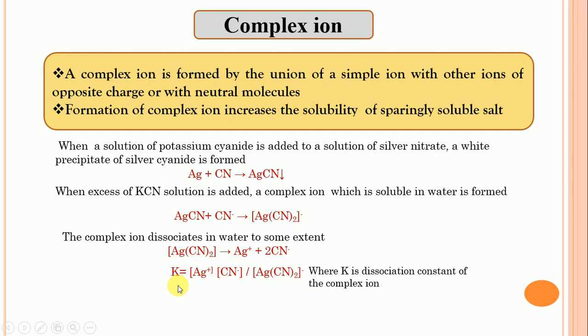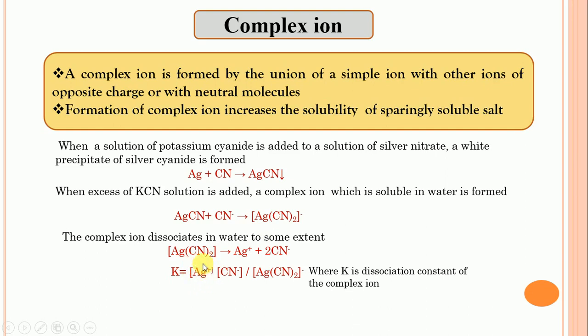It is around 1 into 10 raised to minus 21 at room temperature. So when the K value is low, that means the dissociation constant value is low, then the Ag plus value is also low. And if the Ag plus value is low, that means the solubility product value is greater as compared to the ionic product, and when it is greater, then it goes into the solution, and therefore solubility increases,